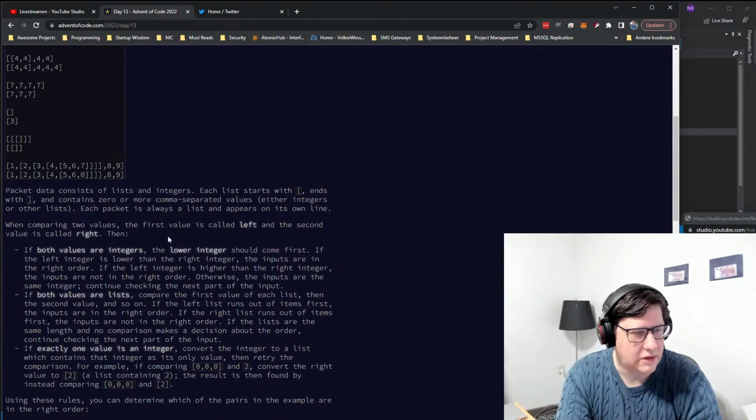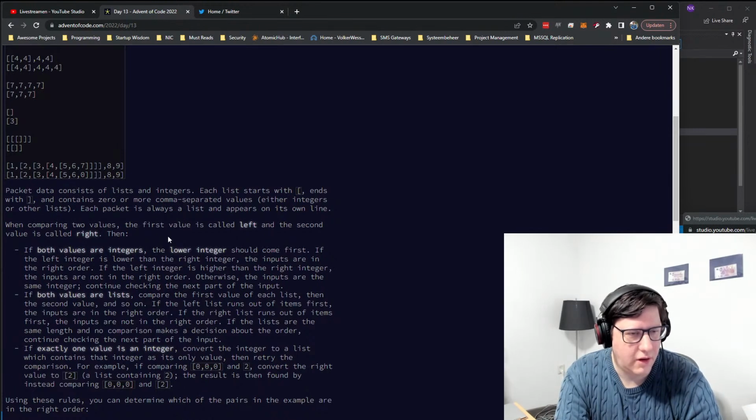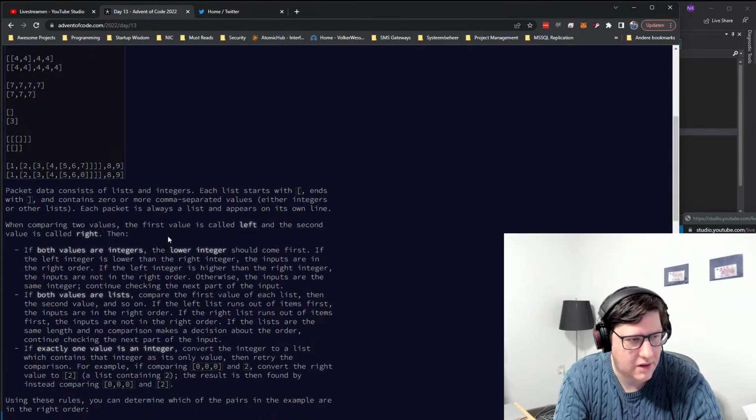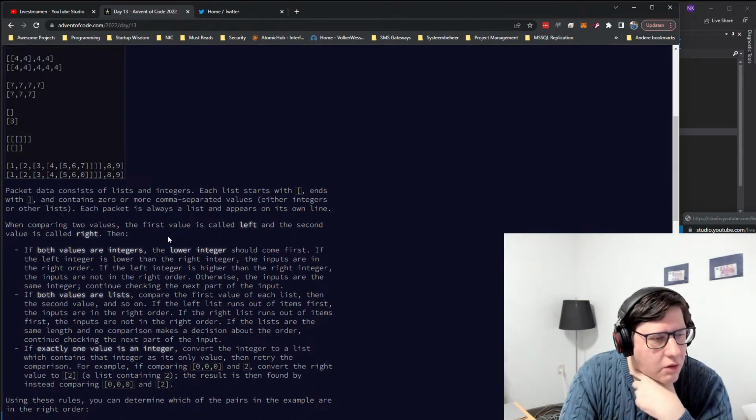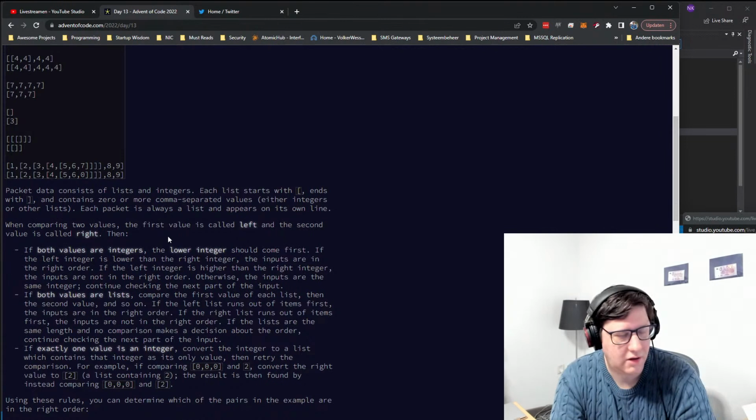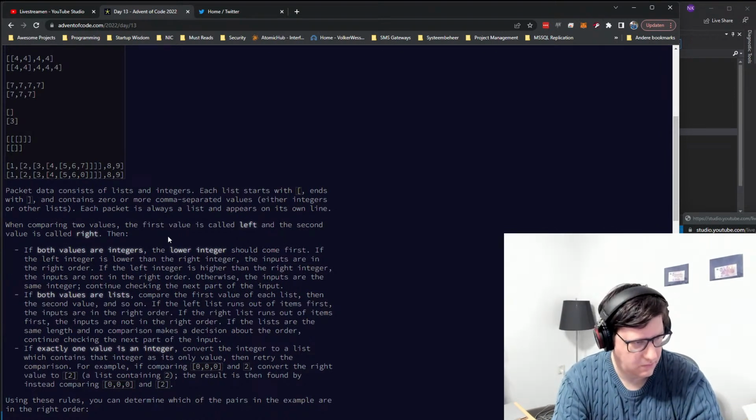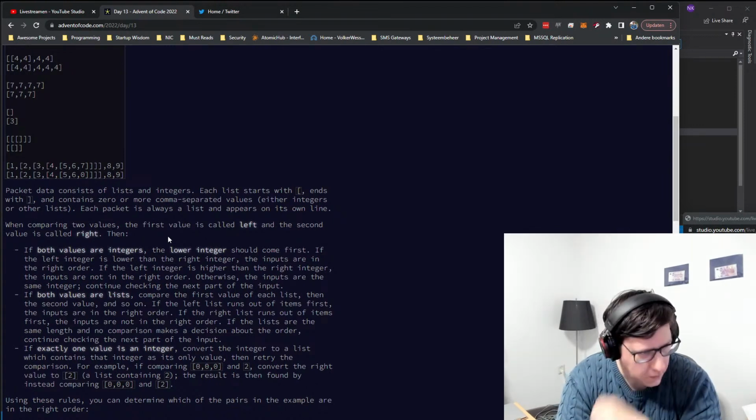If both values are lists, compare the first value of each list, then the second value, and so on. If the left list runs out of items first, the inputs are in the right order. If the right list runs out of items first, the inputs are not in the right order. If the lists are the same length and no comparison makes a decision about the order, continue checking the next part. Okay. If exactly one value is an integer, convert the integer to a list which contains